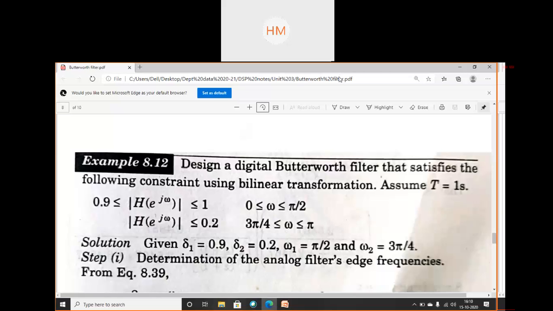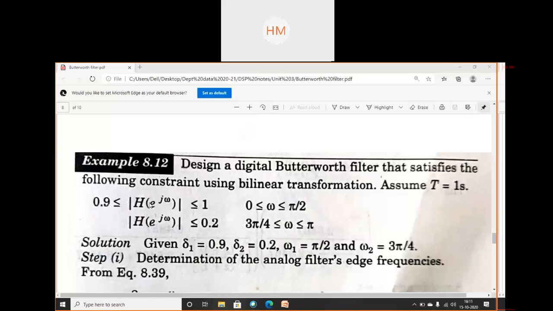So design a digital Butterworth filter that satisfies the following constraint using bilinear transformation. Here it's clearly mentioned that you have to simplify using bilinear transformation. If it's not mentioned, you can use any of the techniques, but just mention that technique which you know perfectly. Mention it, use all the formulas for that transformation technique so that it will become easier for you to simplify the numerical. Capital T is given as 1 second. Okay,